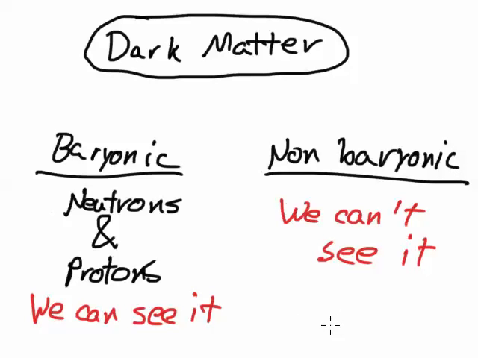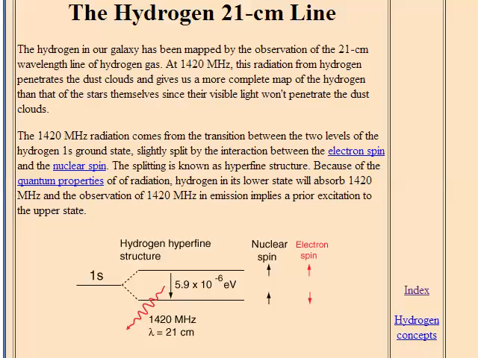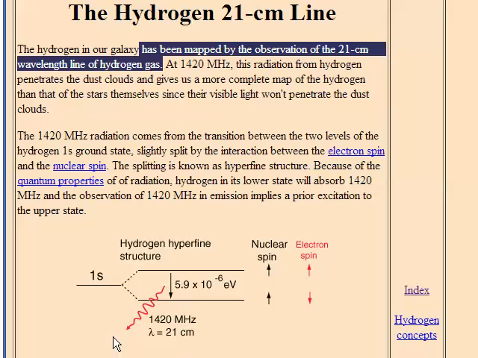Now, the examples that they frequently use when describing these things is monatomic hydrogen. And all of the hydrogen in our galaxy, all of the hydrogen in our universe, has been mapped by the observation of the 21 centimeter wavelength line of hydrogen gas. And this is an amazing resource because